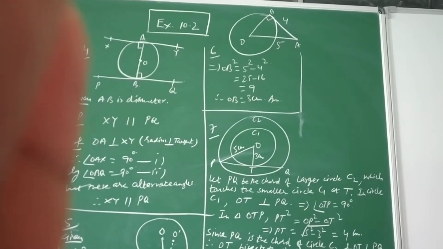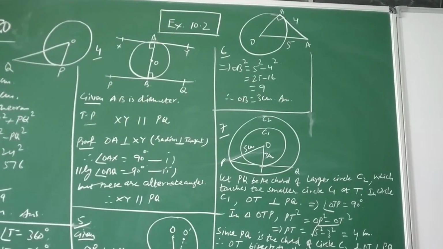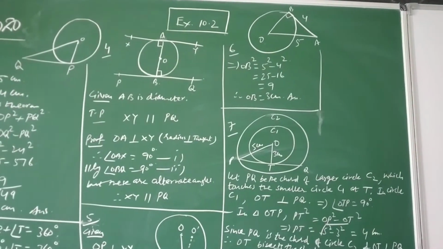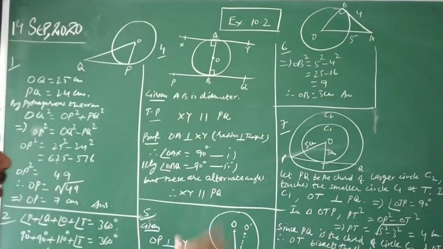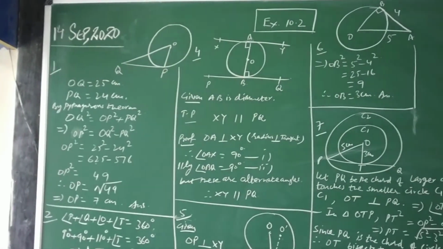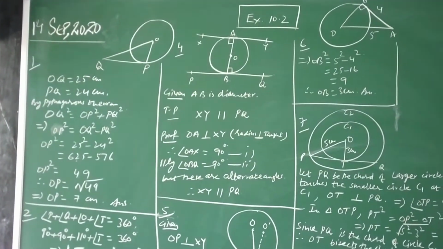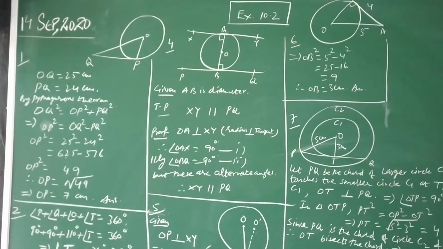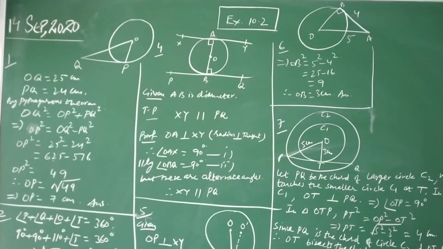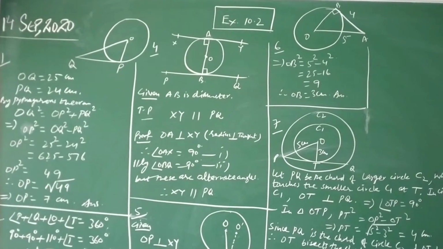So again somewhere we are back to your question number 1 or question number 3. The same property like we did here. Same thing you will be getting again. You will be back to the property of your right triangle, and you can apply the Pythagoras theorem and get the value of OP, that will give you the radius is equal to 3 cm. I hope all of you can do that.